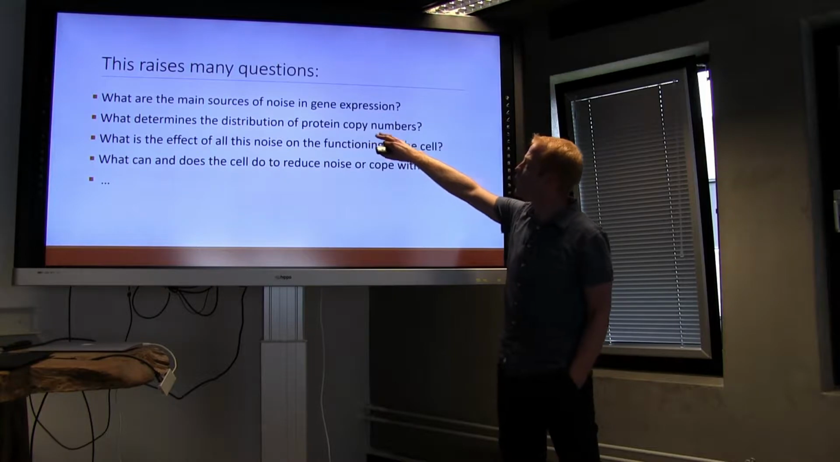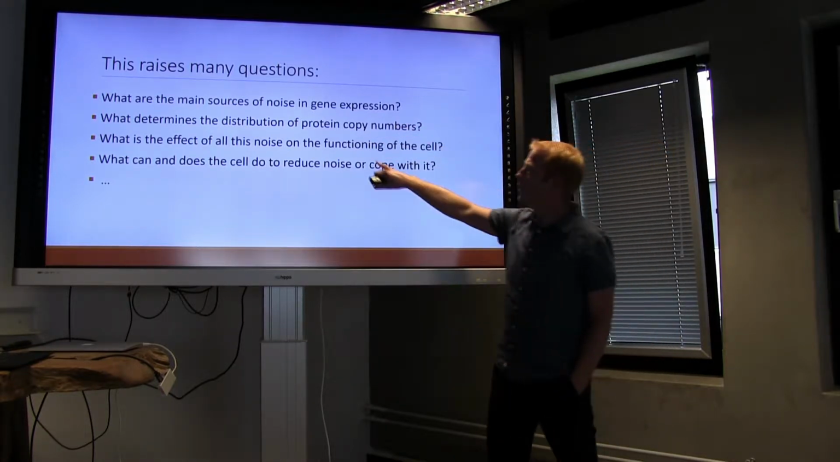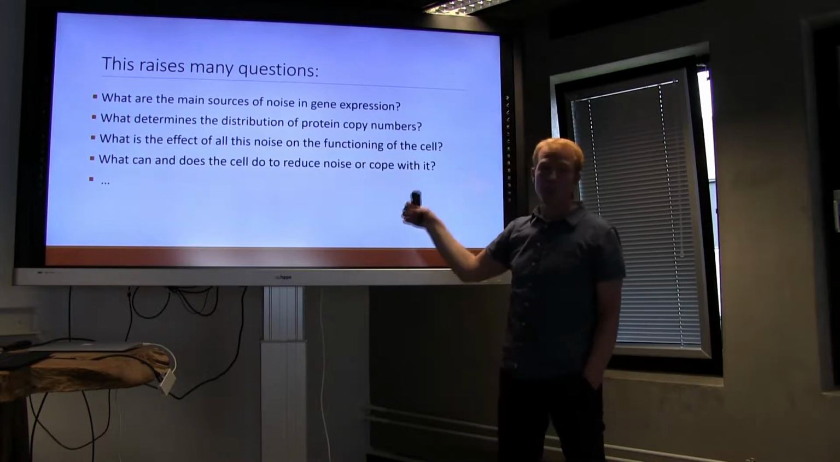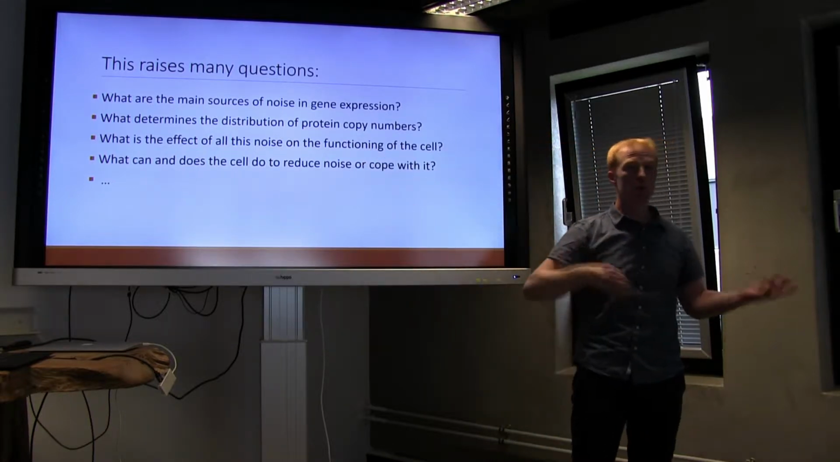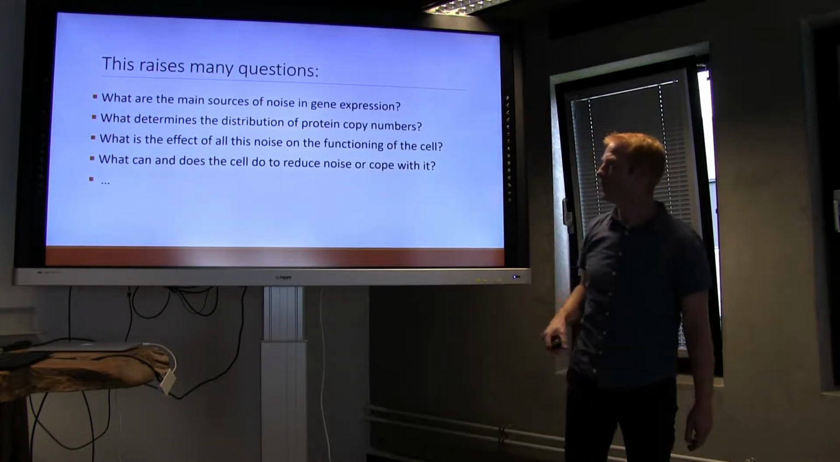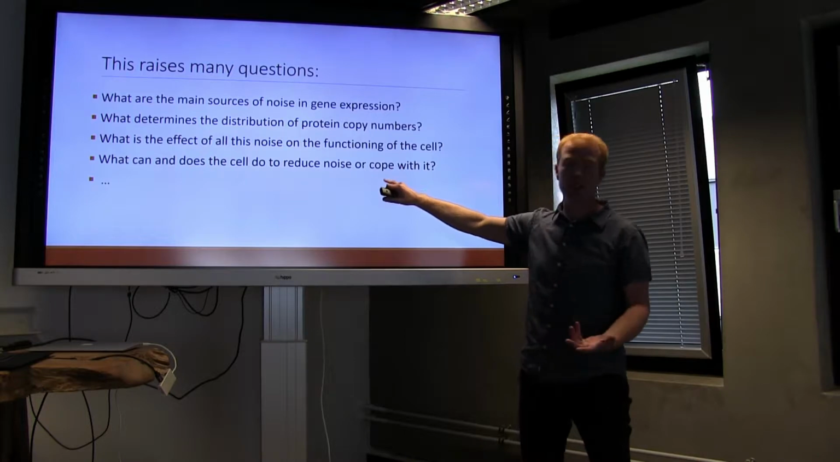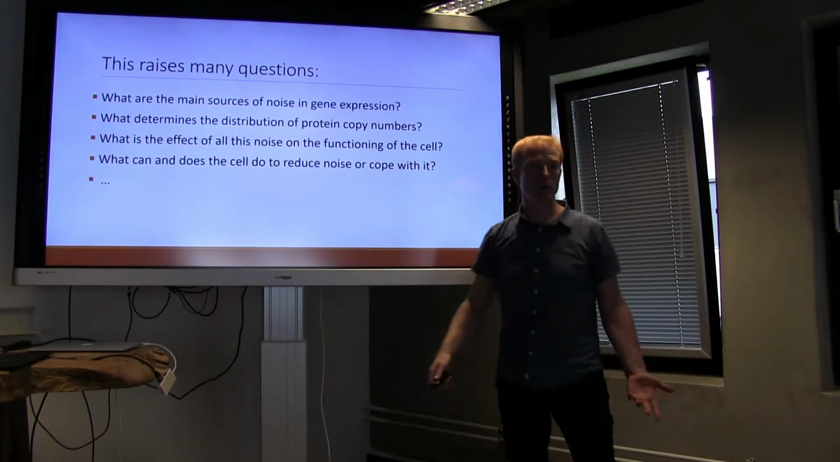What determines the distribution of these protein copy numbers? Which are the variables that play a role there? What's the effect of this noise on the functioning of the cell? If all your components fluctuate by 30% up and down at random, how can you still function? And what can a cell do to reduce noise or its susceptibility to noise, or to cope with it,